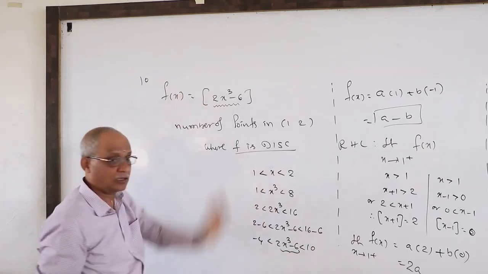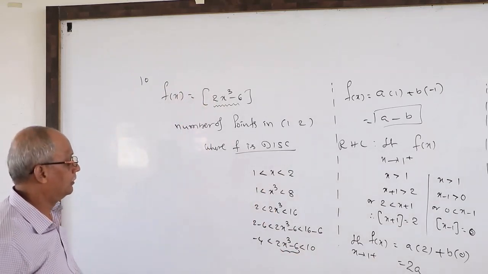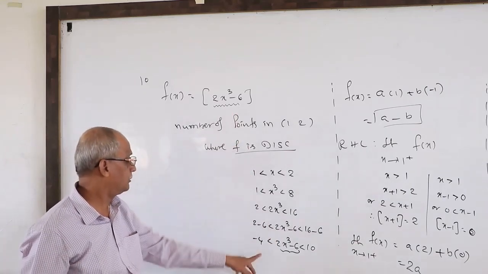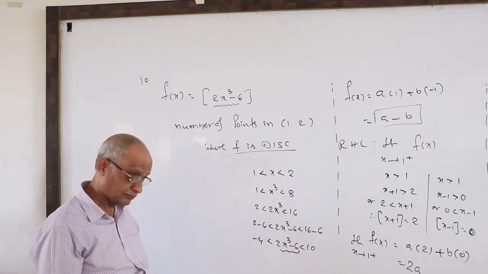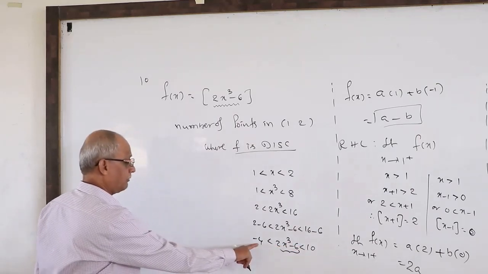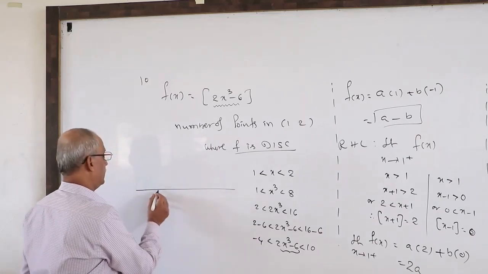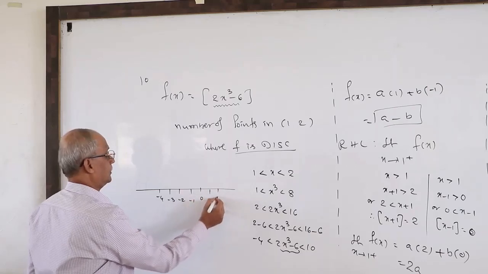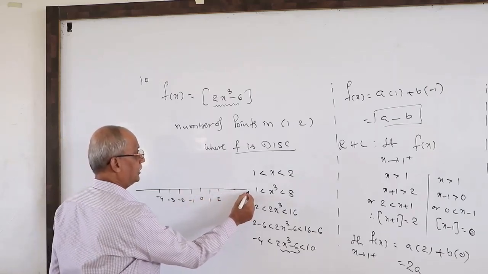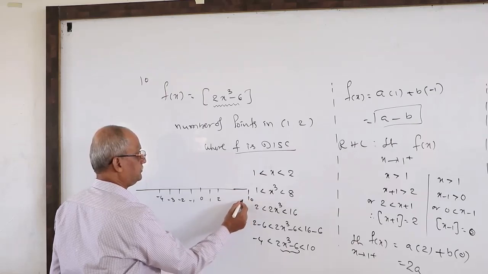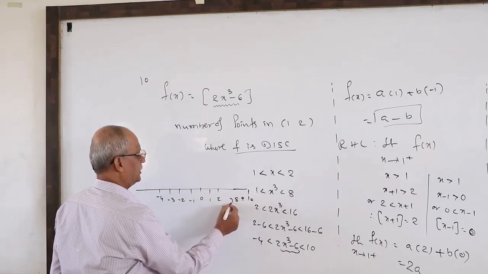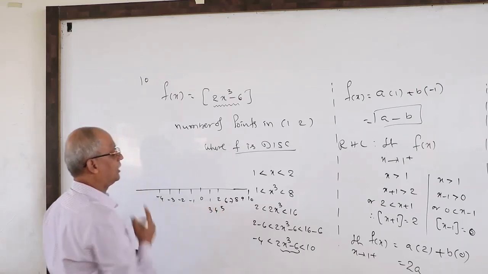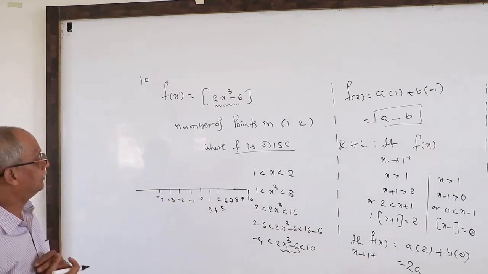Finally, when x lies between 1 and 2, this function lies between minus 4 and 10, but not including minus 4 and 10; it is an open interval. If you draw the real line scale, up to 10: 9, 8, 7, 6, 5, 4, 3, 2, these are all the numbers. This is your scale.